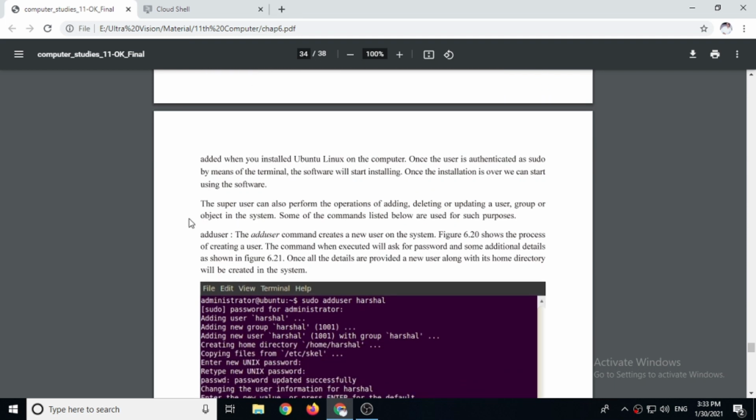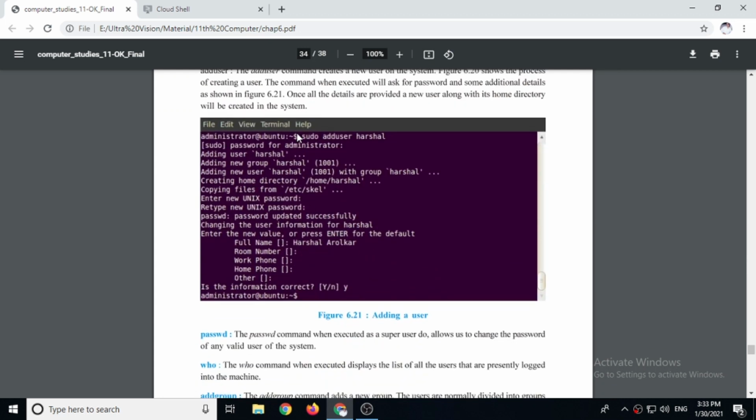Now there are a few other commands that we can use from the super user only, that is adduser. It means to add a normal user, to create a normal user. The adduser command creates a new user on the system. So using this adduser command, you can add a new user.